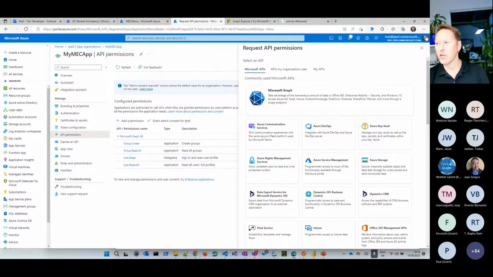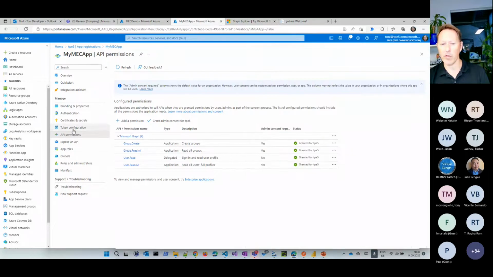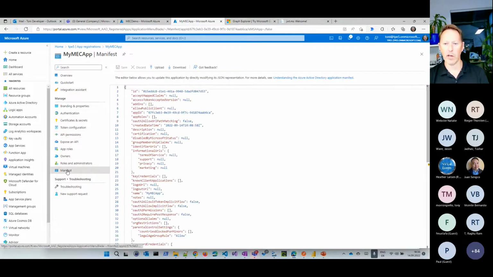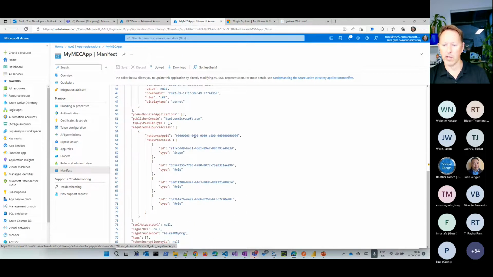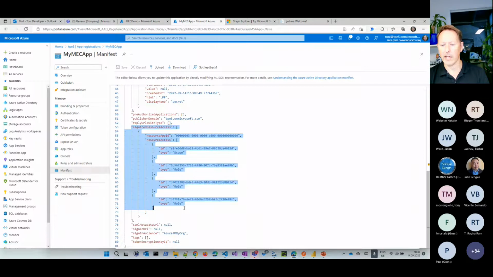For that, you need to do one specific thing. If I want an application with access to Exchange, I need to add that role manually. So I go to the manifest of that application, which is a big JSON file. Here you can see the resource providers, what I can do with that application. That's more or less what falls out of my wizard if I add a permission and grant a permission for a specific resource.